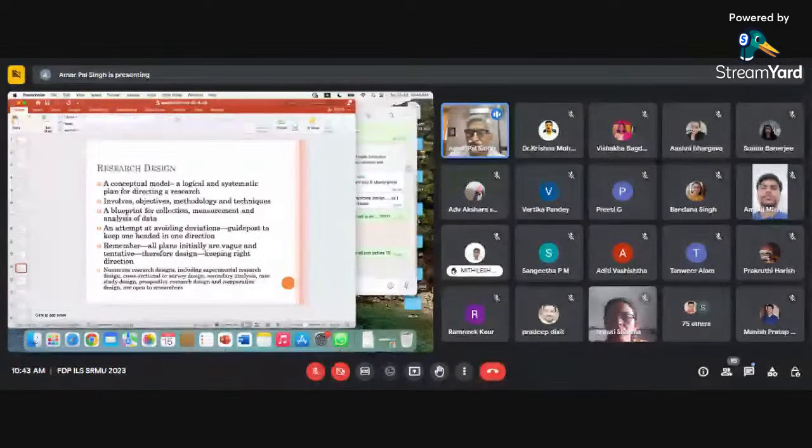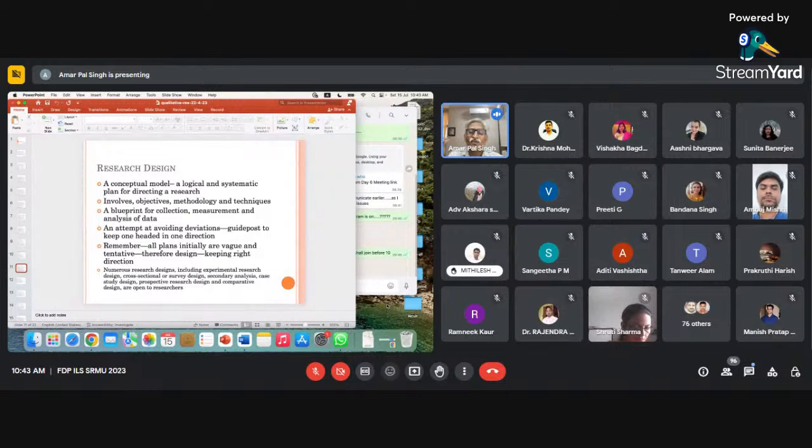Context, we need to understand and appreciate that all kinds of research plans in the beginning are always vague and very tentative in character. And therefore, design is a very important category in the beginning for the purpose of keeping the research in the right direction. And there are numerous research designs that one can think of, say, experimental research design, cross-sectional or survey